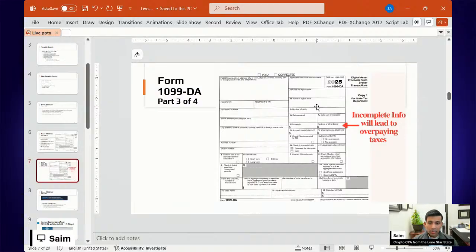So remember, please go into your centralized exchanges, Coinbase, Kraken, Gemini, all the big ones that are part of the US jurisdiction. Go into the settings. They will have a section where you can provide the cost basis and the date of purchase for the crypto that you move from your self-hosted or self-custody wallets, such as MetaMask, SafePal, Keplr, you name it, back into that centralized exchange. If you do that, then this form will be accurate, and you can actually see it.